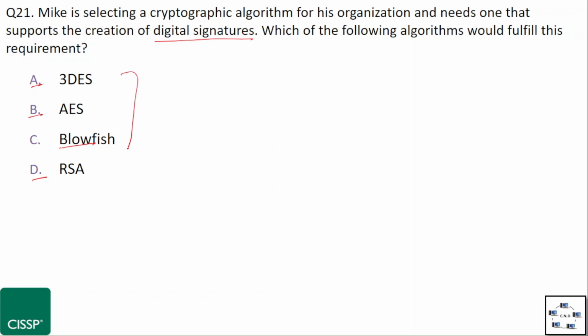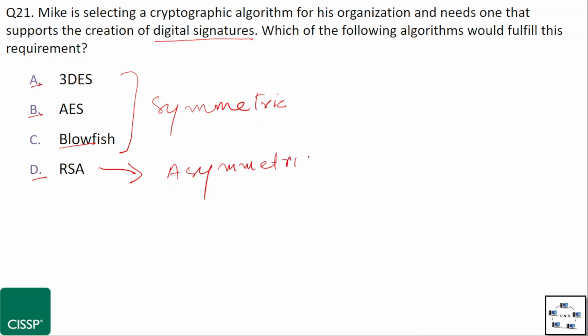The common feature between the first three algorithms is that they all are symmetric algorithms. A symmetric algorithm is one in which the sender and receiver have the same key, or the same key is used for encryption and decryption, while RSA is an asymmetric algorithm,